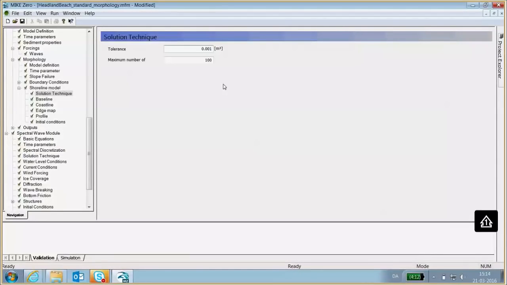In case the model doesn't converge, it sort of reverts back to the original solution. So then your error will be the original one. It will not use any of the iterations for that particular time step.